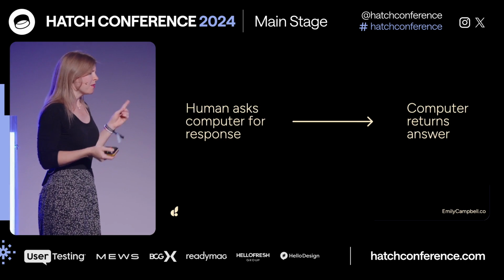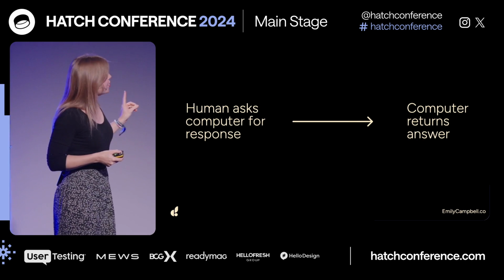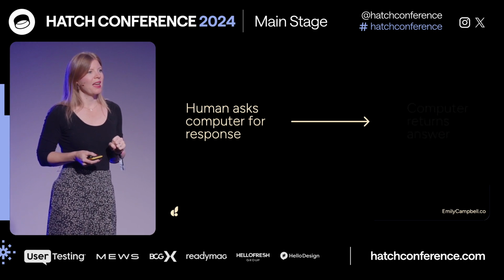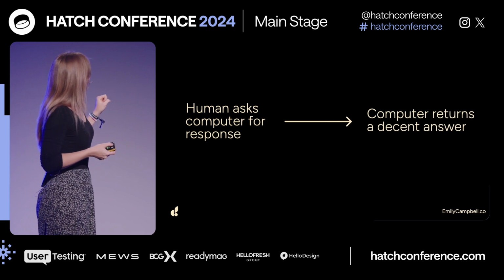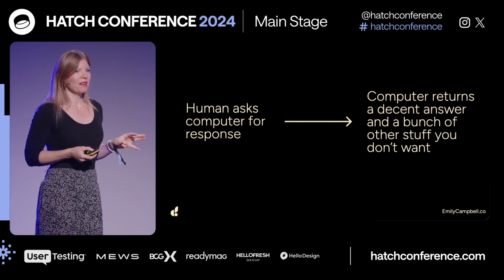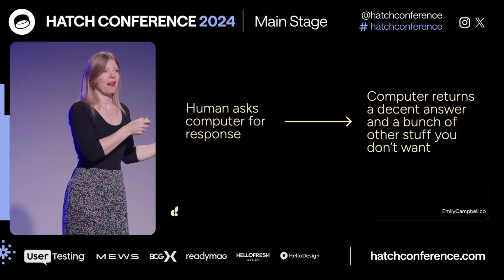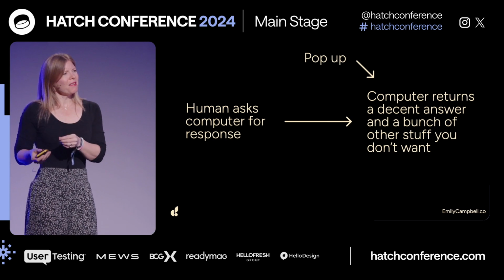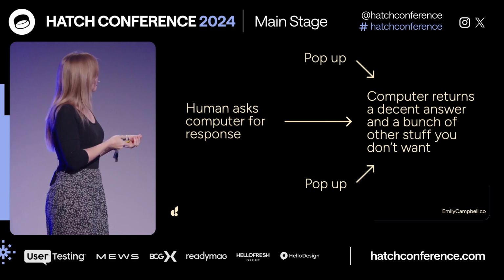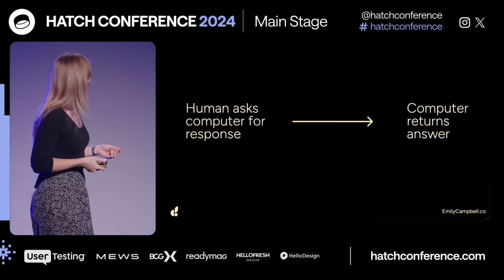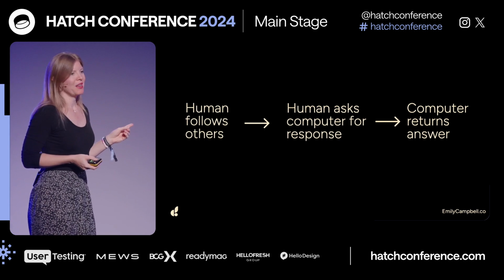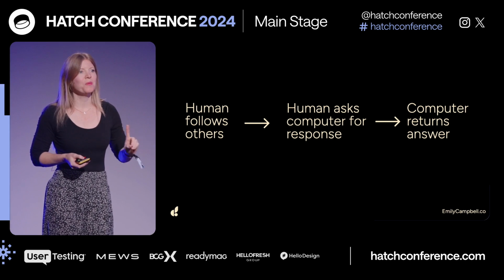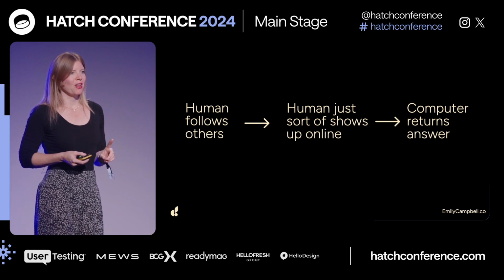So coming back to our little history, this was the original pattern of interaction. I need an answer, the computer gives me a response. And then we move into this world where maybe the computer gives me a decent answer, but it also starts to give me a bunch of everything else. It's the pop-ups and the content I wasn't necessarily looking for. Then it starts to filter through what other people are doing. So now all of these friends that I'm following, and of course this gets harder and harder as things become algorithmic, begin to change what I see.